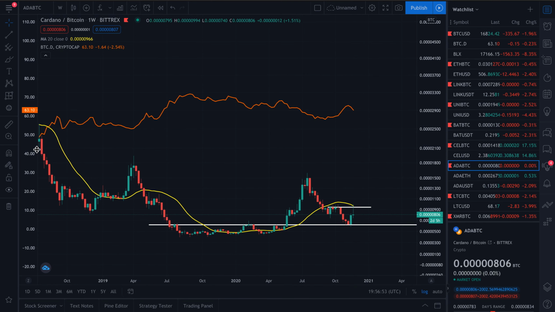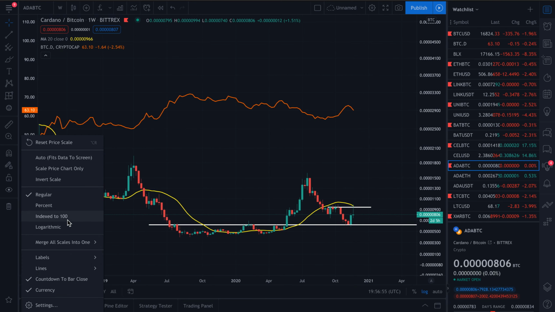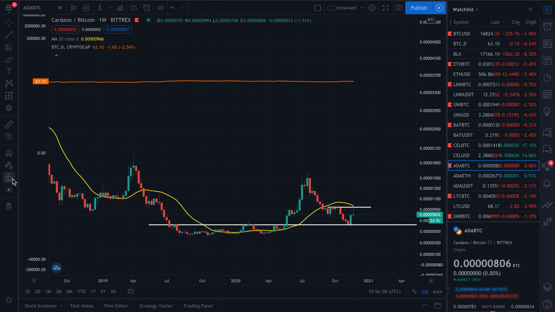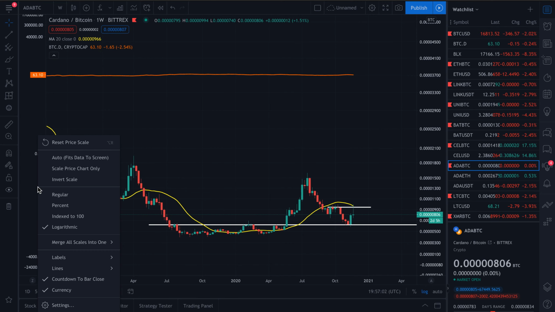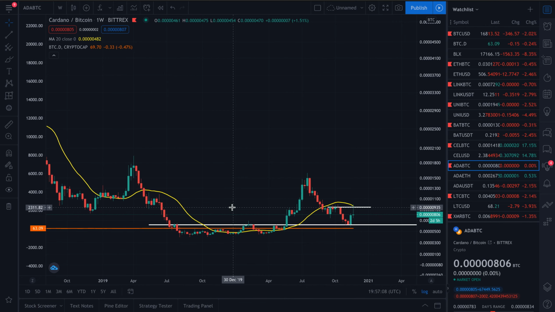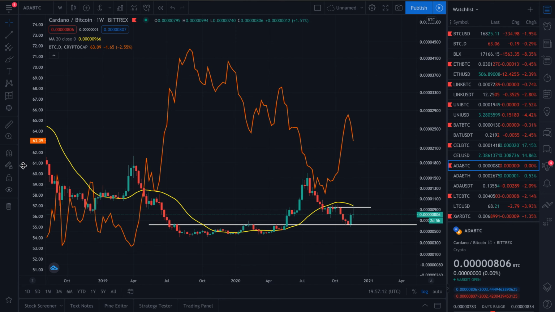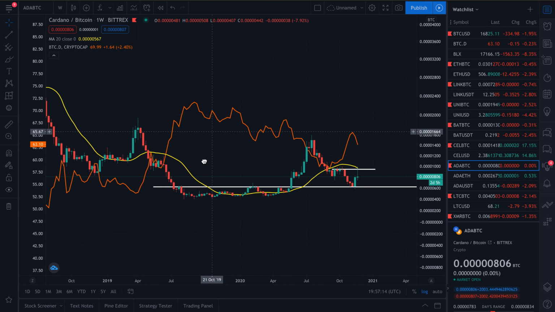Oh, and mind you, you can flip it to logarithmic if you want, but that doesn't really make a difference, because you're comparing percentages to sats, to numbers or dollars. So you can set it to regular, but it's also very helpful if you're using this dominance chart with